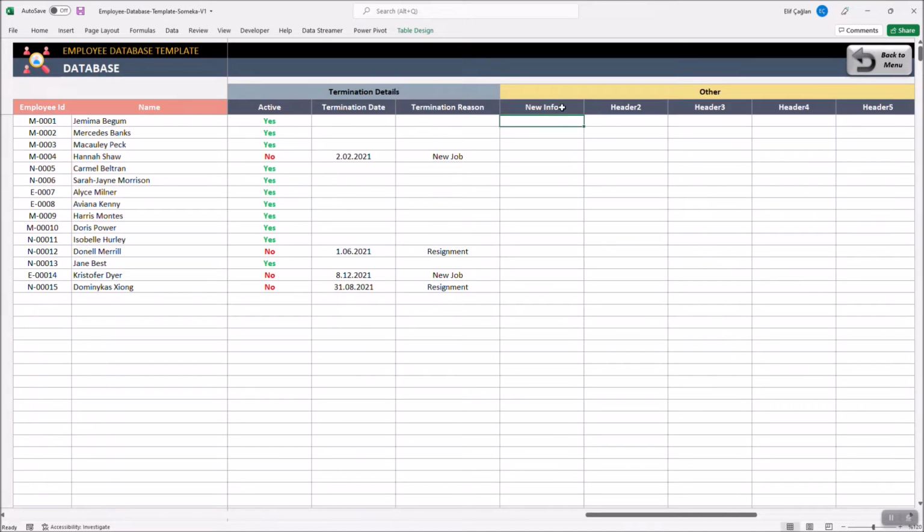If you add a new column with date formatting, please do not forget to add this to the settings section.